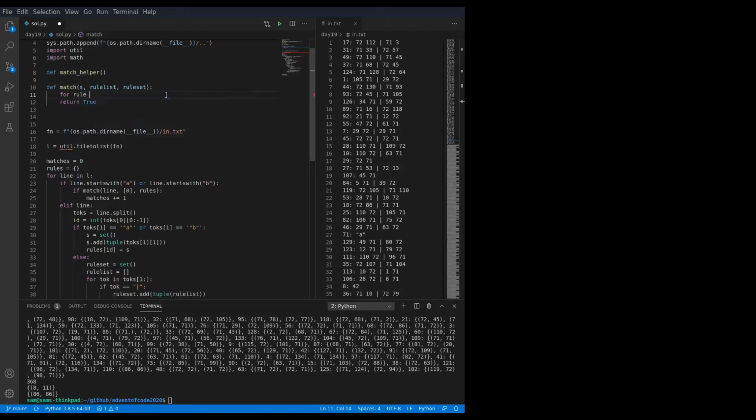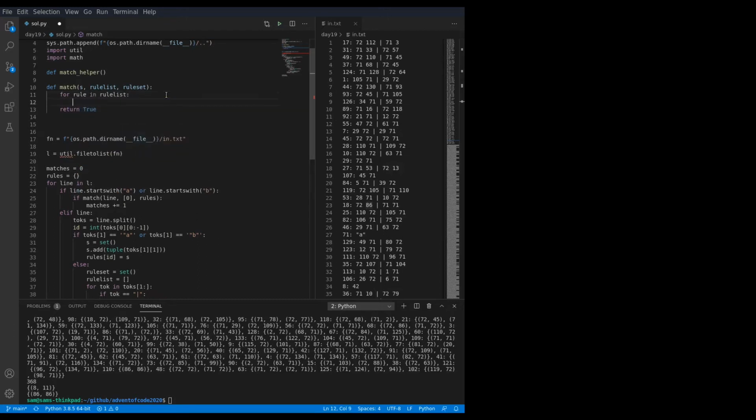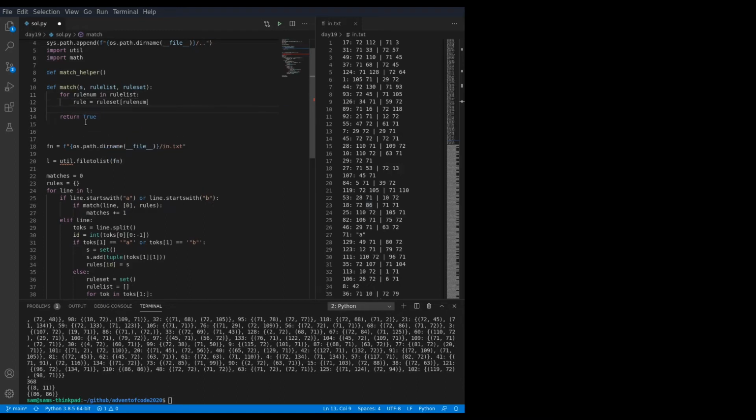For rule in rule list, or let's call this rule sets, or let's call it rule num in rule list. Rule is equal to rule set of rule num. And now we need to see if rule